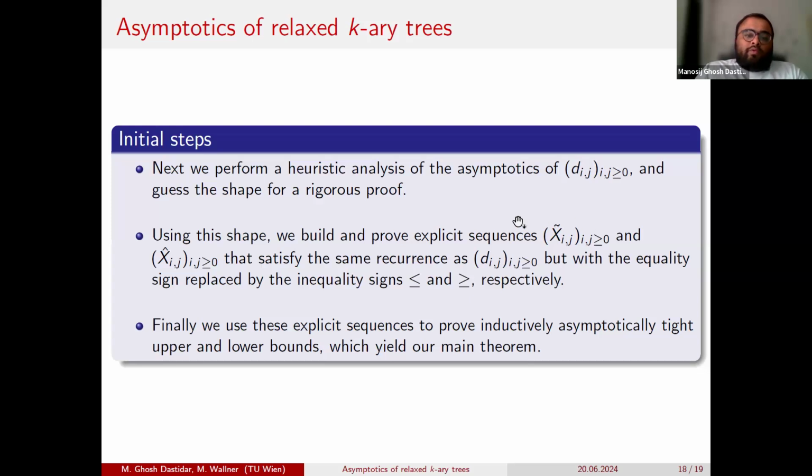Now using this shape, we would like to have explicit sequences that satisfy the same recursion, but with the equality signs replaced by greater than or equal to and less than or equal to, so that we can sandwich it in between. We will use these explicit sequences to prove inductively later the asymptotically tight upper and lower bounds, which give us our main theorem.